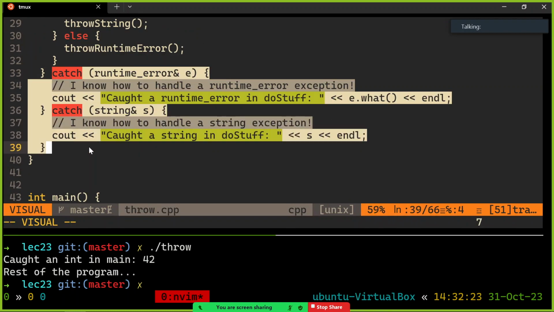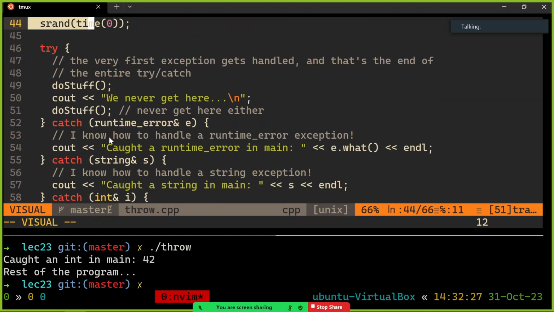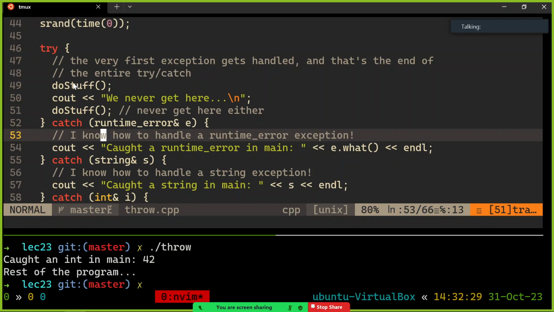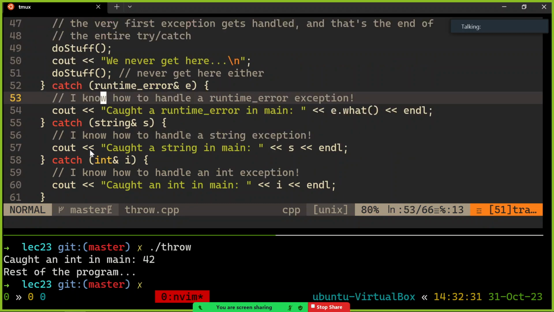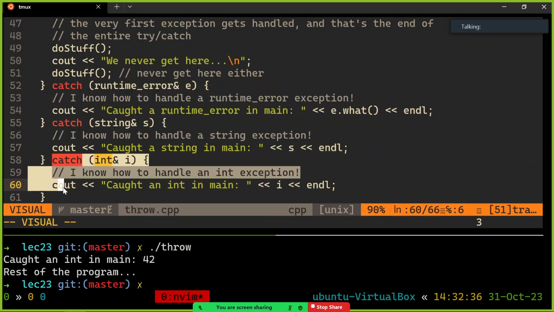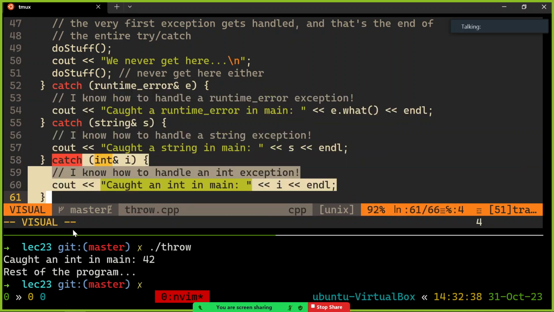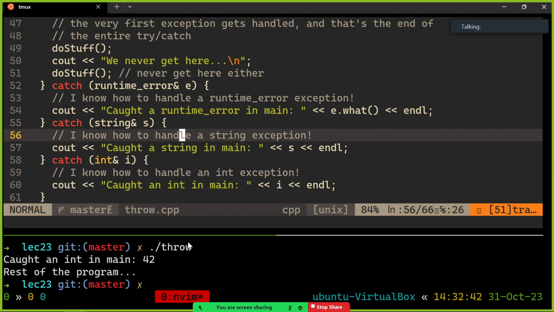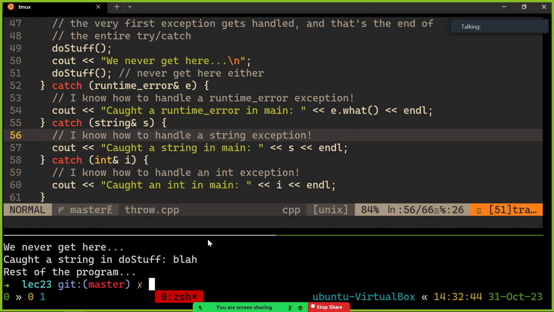No, there wasn't. So it keeps on peeling off the layers of an onion, like try-catch. Think of it like an onion, kind of. And then it comes back to this try-catch block. It was also inside of this one. So it checks these handlers. Do you know how to handle an int? And then it finds one finally. Yes, main knows how to handle an int. And so that's where the handler happens for the ints. Okay. But randomly, if we throw something else,